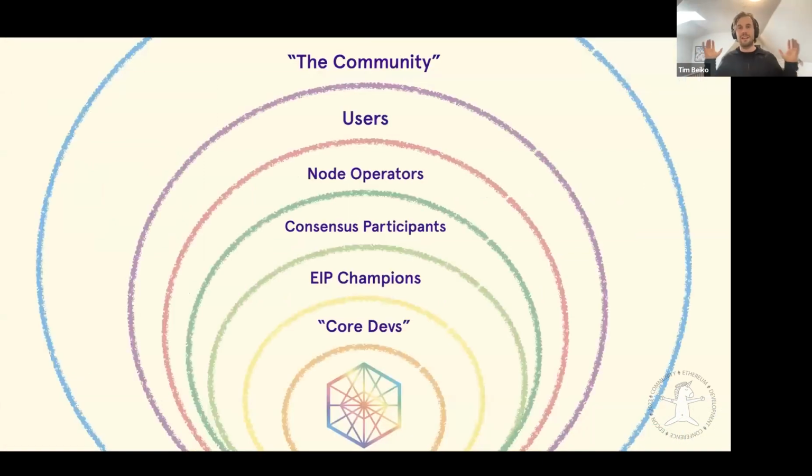So if we look at, again, our chart that I showed earlier, I think you often get this perception mostly because EIP champions and core devs are the ones that are the closest to the actual core protocol and who have the most formalized role in the process in a way. And maybe another way to put this is that not only is their role formalized, but it's advertised as such. And so it's very easy to end up with this perception that they're the ones who get to choose everything. But the rest of this talk will walk you through what everybody else does and how they play a role, and why this is not the case.